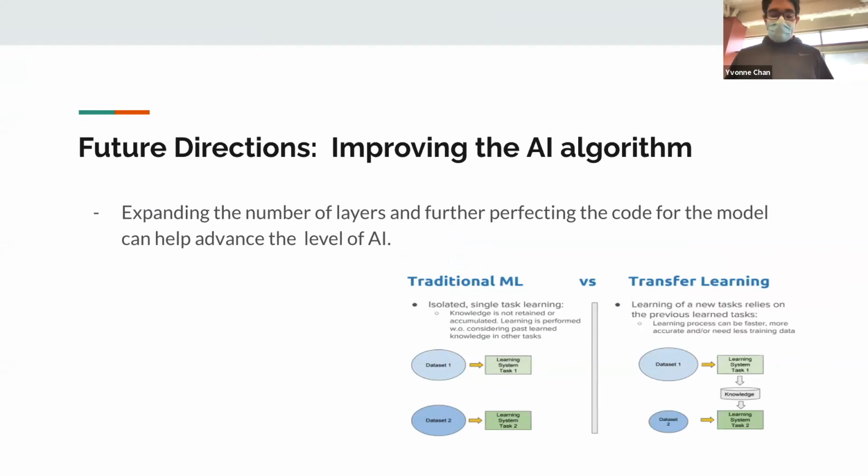When improving the AI, I would first attempt to either add more layers or to have checks. I also wanted to attempt transfer learning, which involves taking a separate algorithm and using it with your own model. Basically, for transfer learning, I would attempt to take a perfected algorithm from a skin cancer dataset and modify it to apply to chronic ulcers and then apply that to my own project.